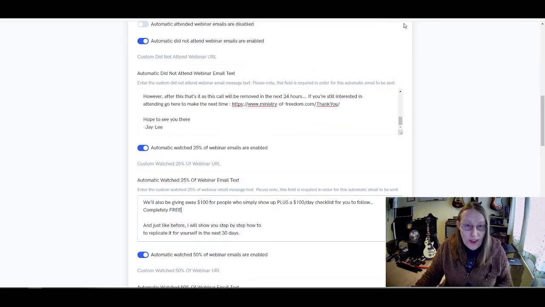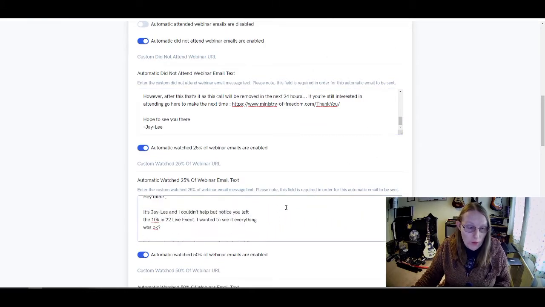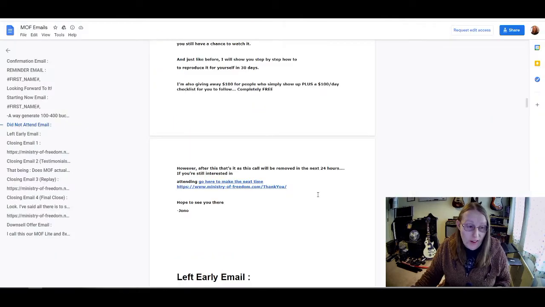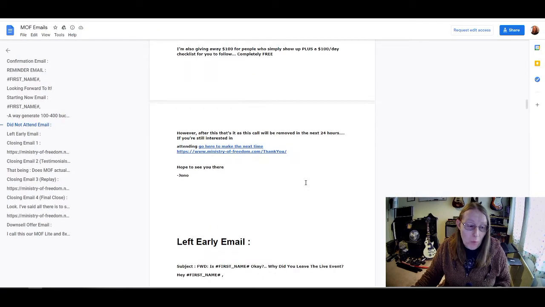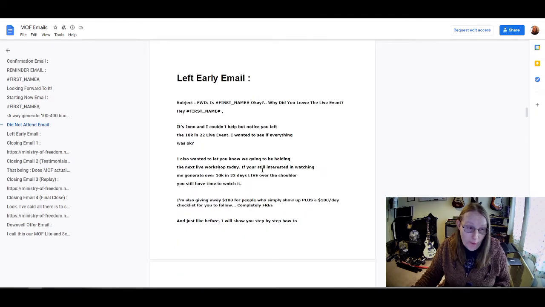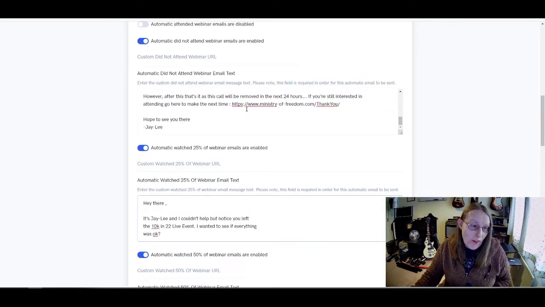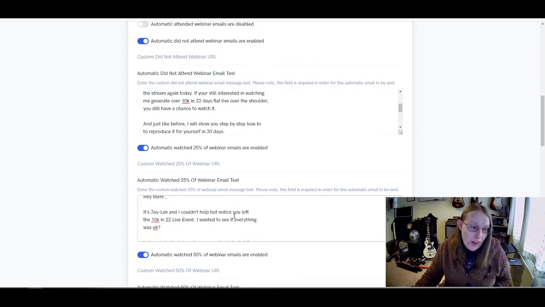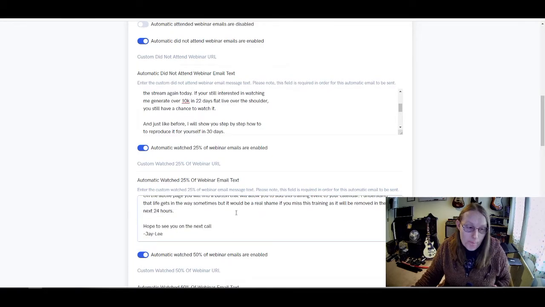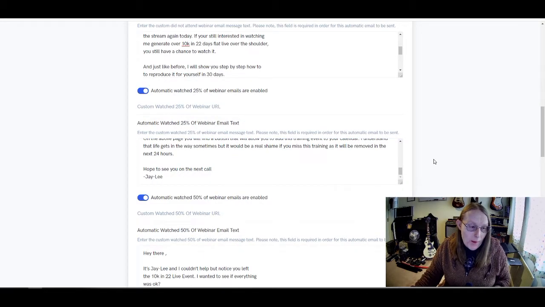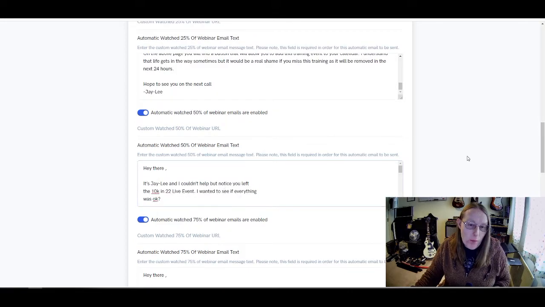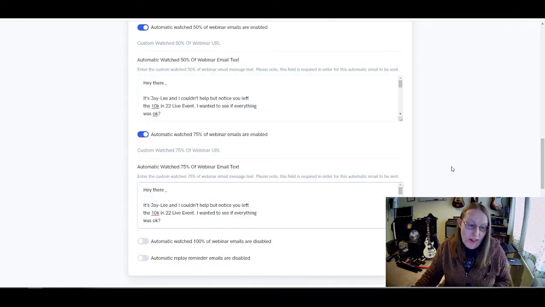Now these ones here are the ones about leaving early. So basically for the 25, 50 and 75% ones, I just used this left early email and tweaked it for the first one, and then copied and pasted it into my second and third. So that's what you see here, the 25% one here. And then it's the same thing that you've got here for 50% leaving early, 75% leaving early, and then